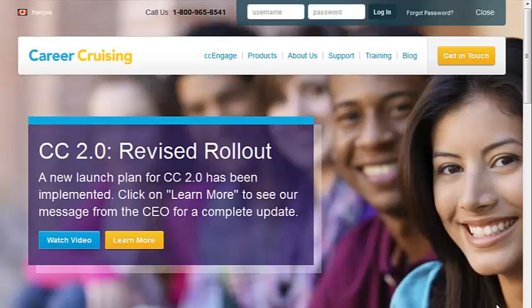This brings us to the home page for Career Cruising. You'll notice in the top left-hand corner the language button. You'll also notice a little to the right a contact phone number if you need to call us. Then of course we have our login windows, login, and if you've forgotten your password there is a link there